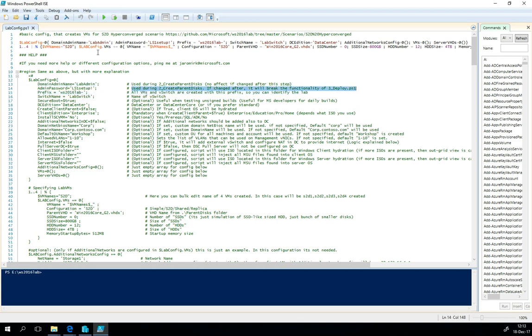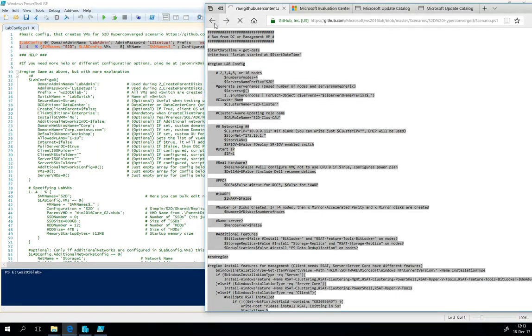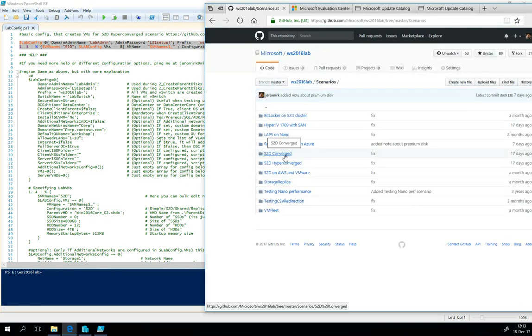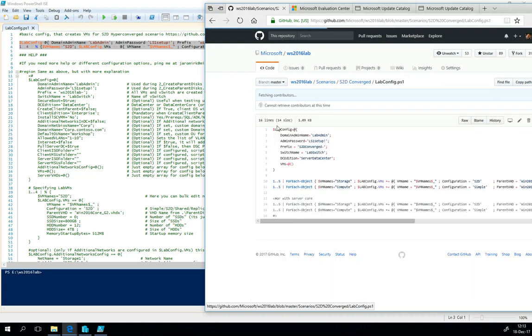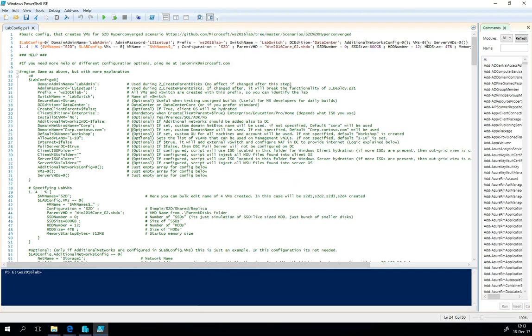So let's do one thing. This one is a quick share LabConfig, where you can just send someone 2 lines, or this is also what I do, that in the LabConfigs I specify what LabConfig should be used. Let me just show you. There are scenarios, and let's pick one random, like this converged one. And that is LabConfig, so I just share the necessary lines. You can just share these 2 lines, but it's up to you how you will do it. Let me show you one thing, and that's if you just remove these lines,